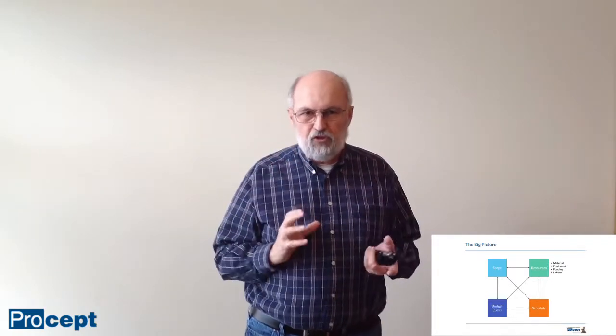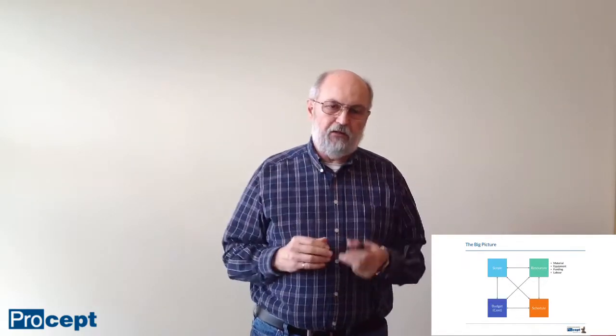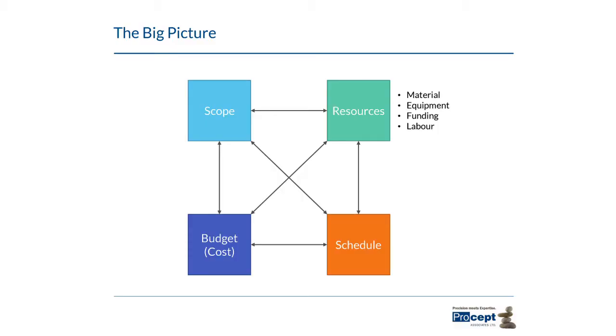And when one of these constraints changes, you've got to go back and take a look at the other three and see how they change as well. And if they do change, you're going to have to do something to get everything back in balance again. And don't forget, you're going to want some type of paper trail or be able to audit why we did this change. So we have change notices and work orders and follow some type of procedure